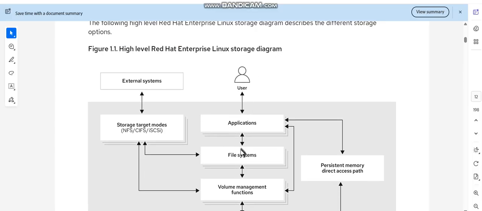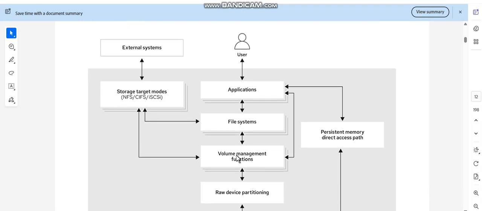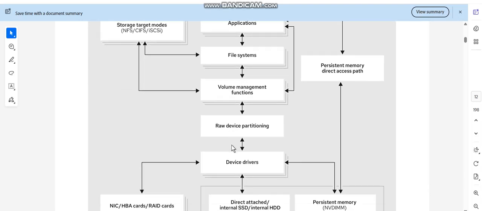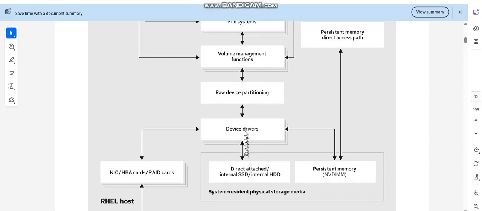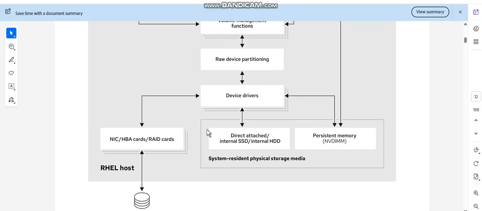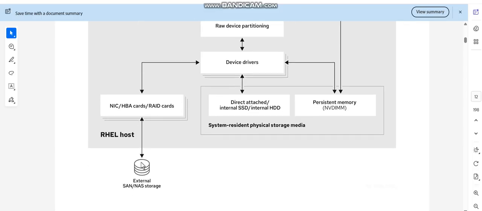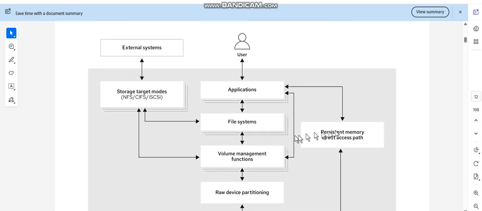Users, applications, file systems, volume management functions, raw device partitioning, device drivers, direct attached or internal SSD or internal HDD, persistent memory NVDIMM, system resident physical storage media, NIC or HBA cards or RAID cards, RHEL host, external SAN or NAS storage, persistent memory direct access path,